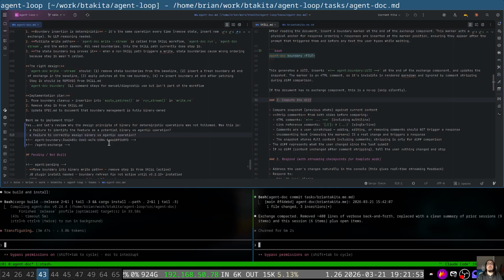I think there's definitely a place for evolutionary algorithms, and that is essentially what it is. Even though we're running agentic companies, it's essentially an evolutionary algorithm, because you have